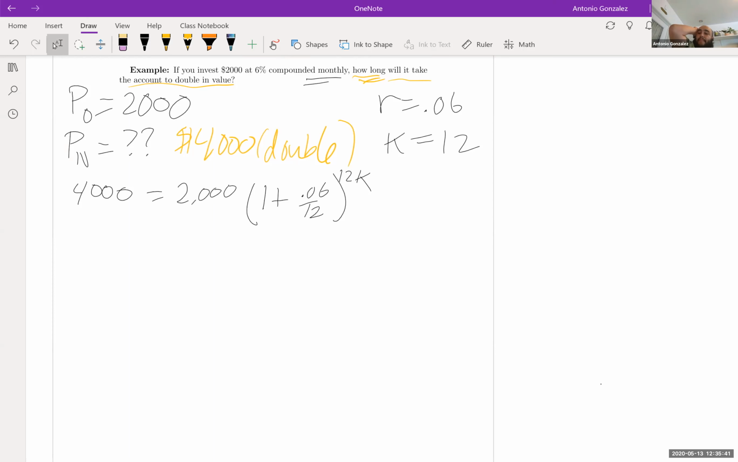Okay, so I'll plug things in. And again, this one is less complicated than the annuity ones. It's more straightforward. So I'm going to start by, inside the parentheses, calculating what that value is. So 1 plus 0.06 over 12, and we get